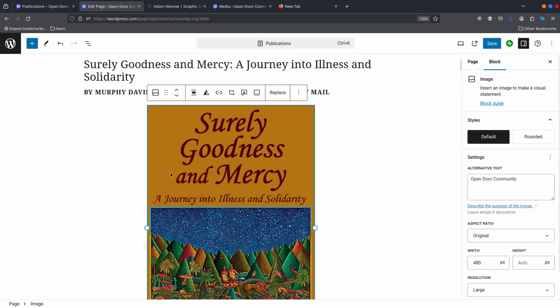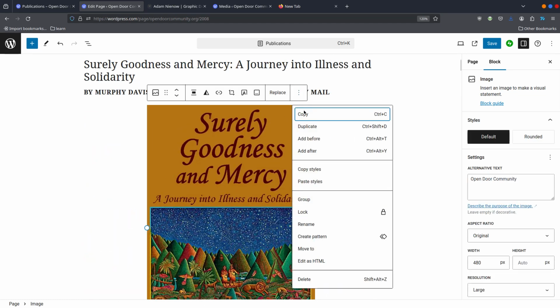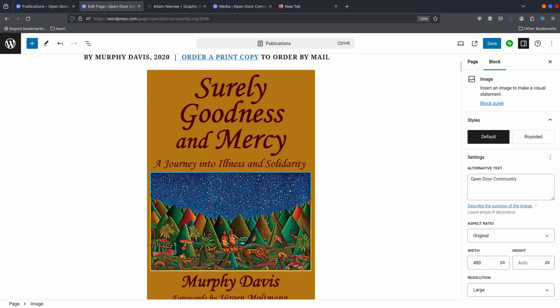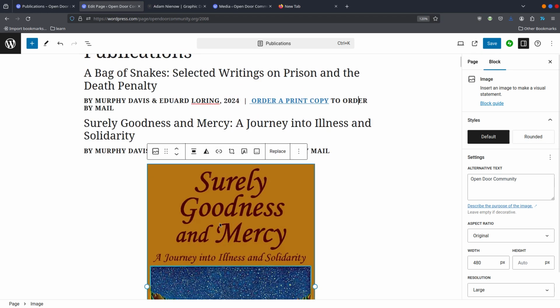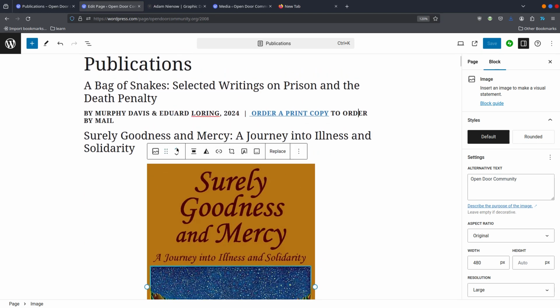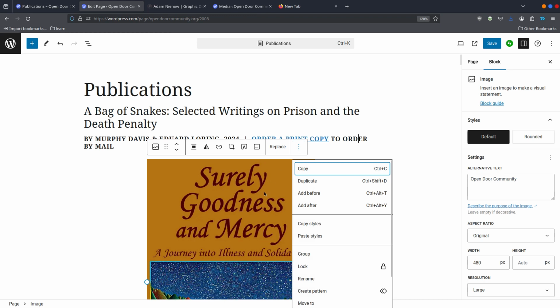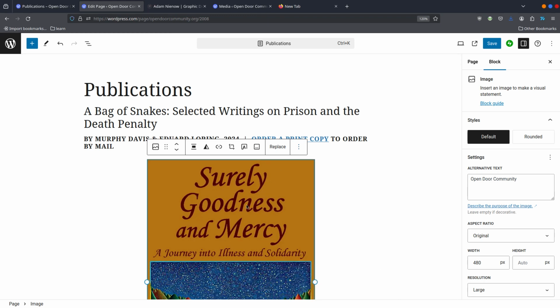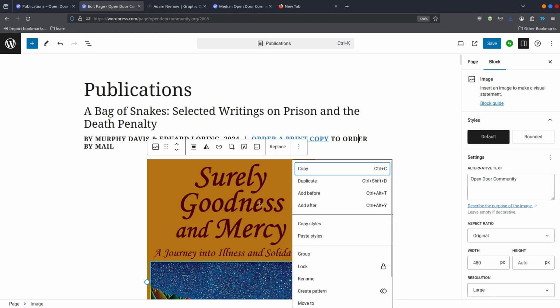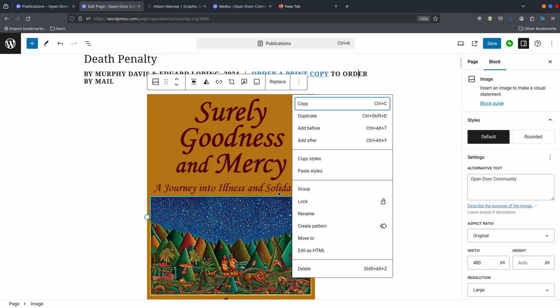I'm going to go ahead and just hit duplicate here again. Now we have two images, but I can pick this one, move it up until it's under the byline that I had, and then let's see how easily I can just tell it to use a different image. Double clicking here doesn't do anything, but if I click and scroll down to get more menu,